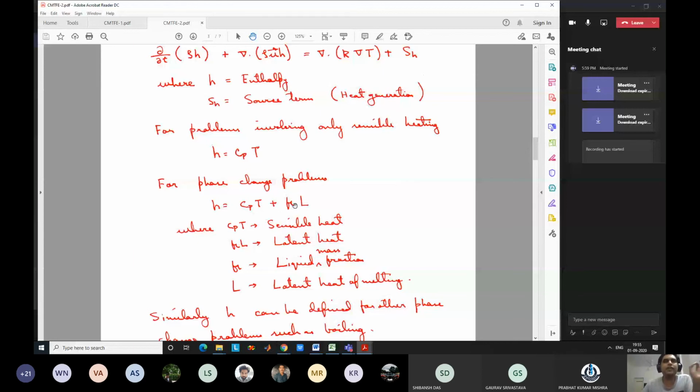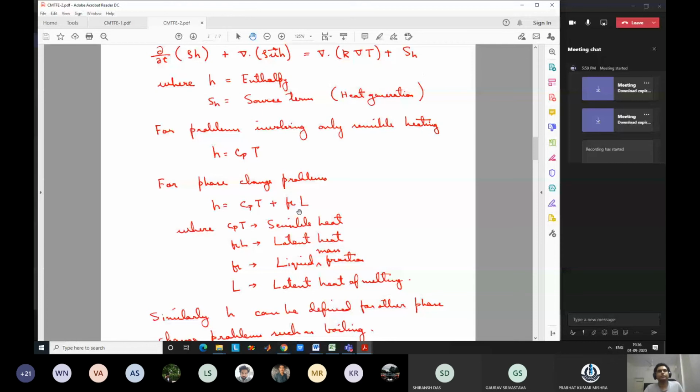And what is the reference state? I could have also represented this in another form. I can take the reference state as liquid, right? Liquid has 0 latent heat. There is no harm in saying that. In that case, what will be the latent heat of solid? It should be minus L, because solid has lower than liquid, right? So the reference state is liquid, and if I say that latent heat of liquid is 0, then latent heat of solid has to be minus L. Then I would have written this equation as Cp T minus fraction of solid into L. Is it clear what I have defined right now?